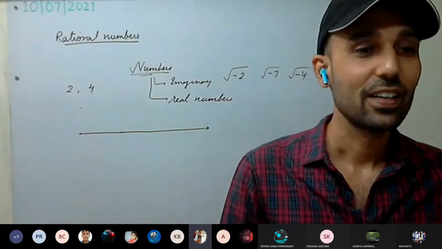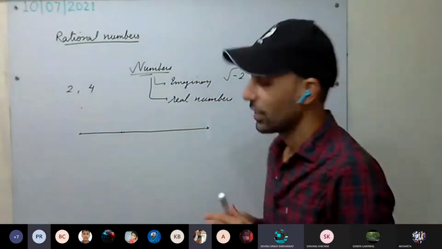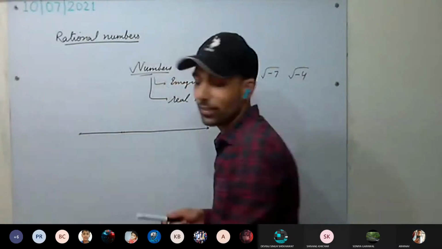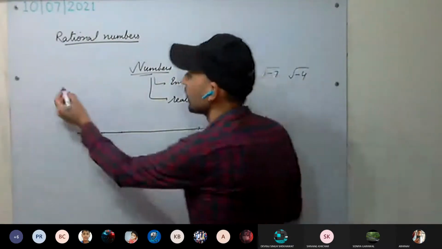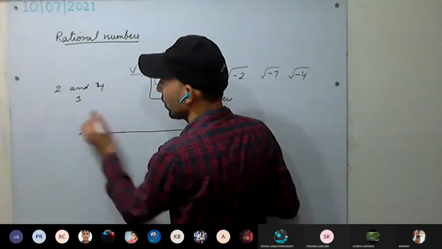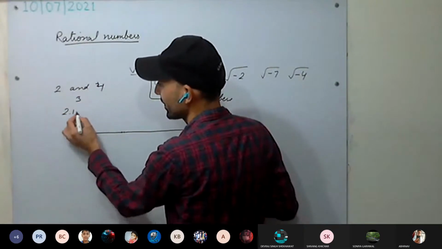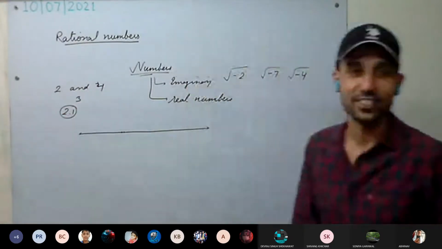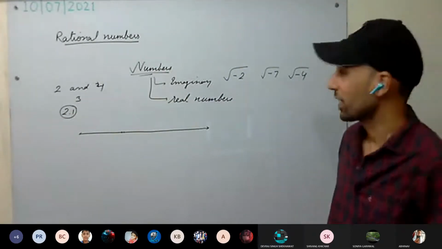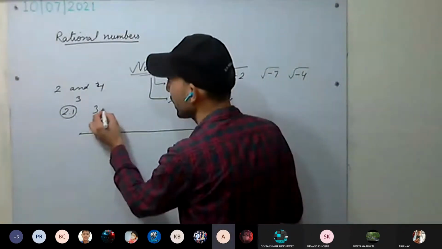Sir, one number is there, that is 3. Okay, so you are saying that between 2 and 4, one number is there, 3. Okay, what about this? Is it not between them? Okay, or what about this